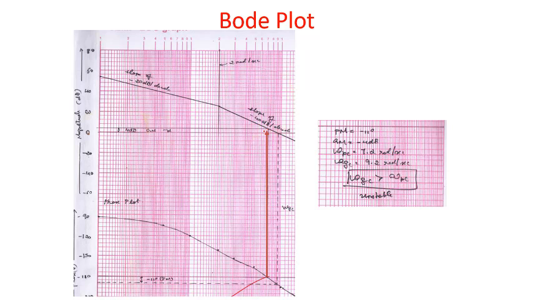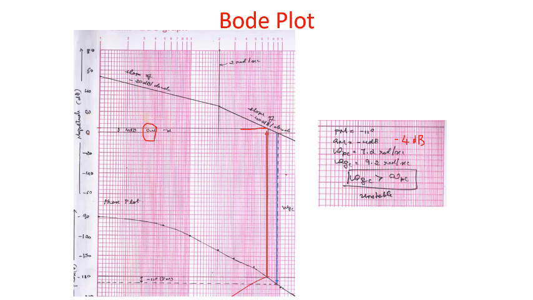There we are going to touch, and from there we move straight to the left side and measure how much it is from the 0 dB line, how much at the top it is from 0 dB. So it is one block, that is equal to 4 dB. And this one we call a gain margin of negative, minus 4 dB. So this is gain margin negative. If it is above the 0 dB line, it is negative, and the value of that one is 4 dB, hence it is called minus 4 dB. So this is called the gain margin or GM.